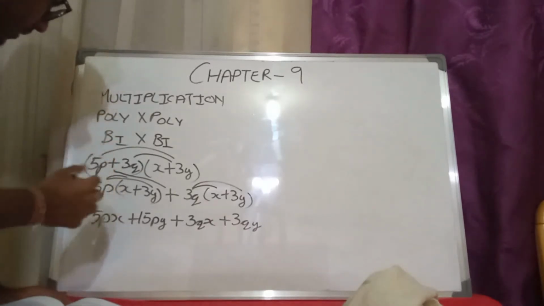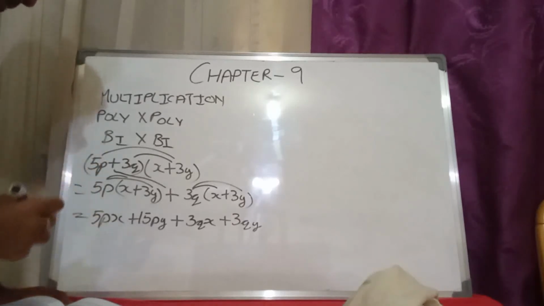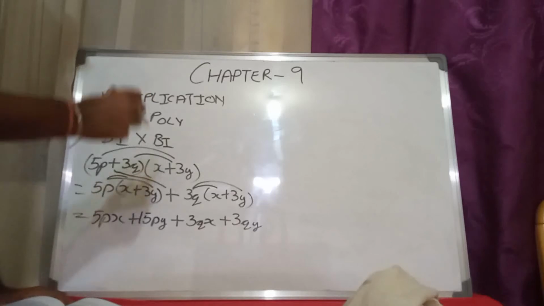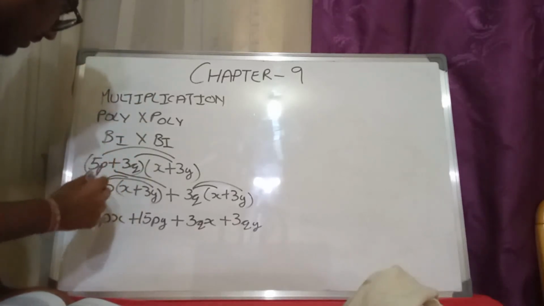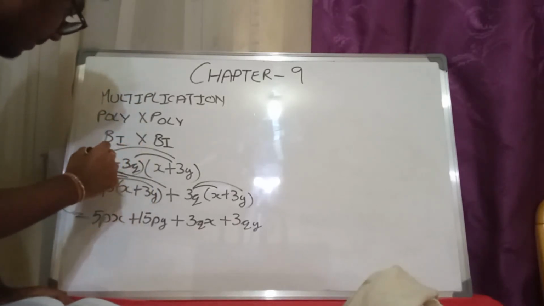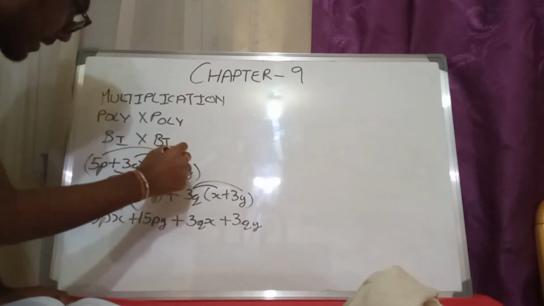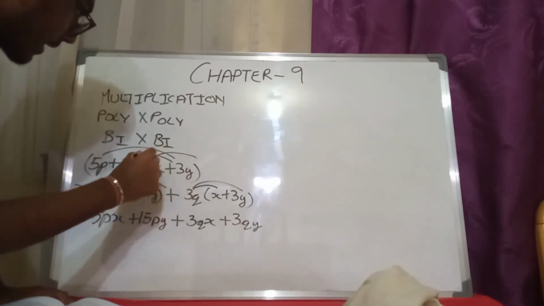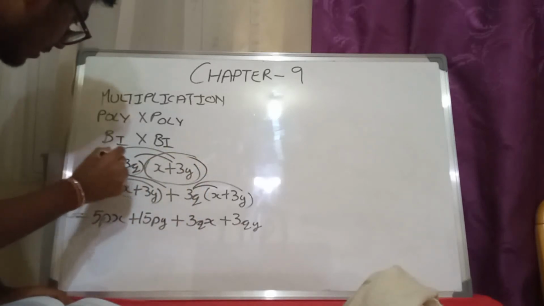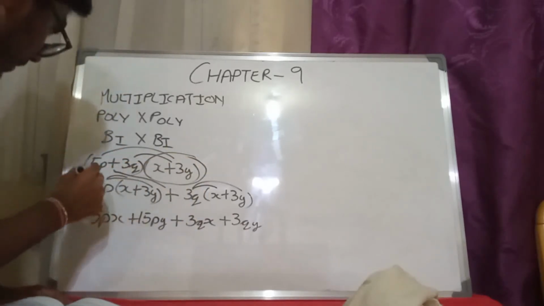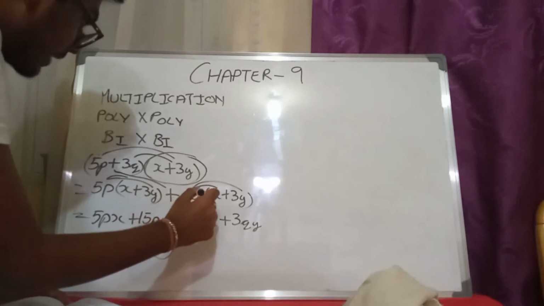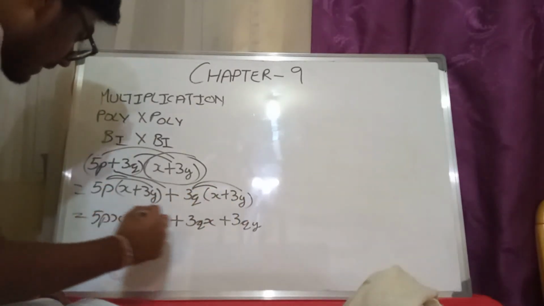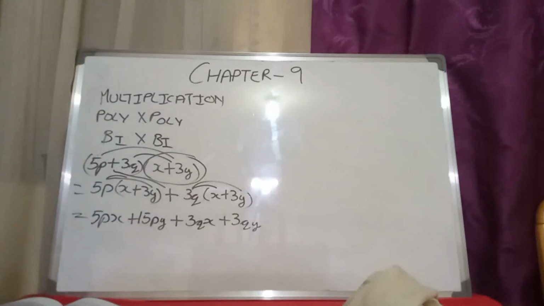So again, we look, it's the same way we did the distributive property. We have (5p plus 3q) into (x plus 3y). So first, we'll take the first term and multiply the second expression with each of the terms. So we'll multiply this full expression with these two terms. So first we'll multiply 5p here, and then with 3q, how we did the first method. So we'll get the answer like this. Now we'll move forward